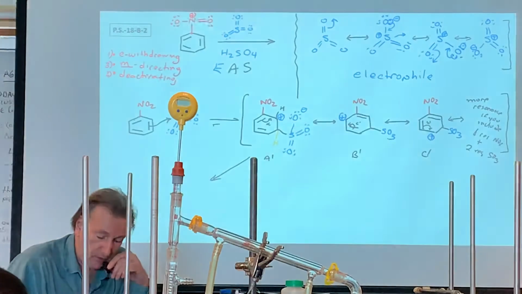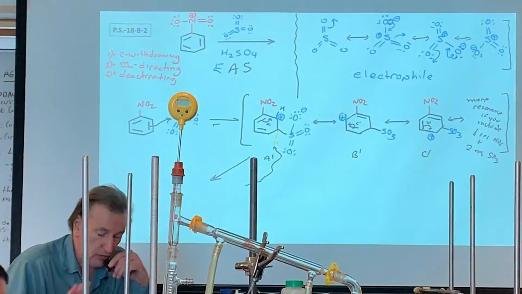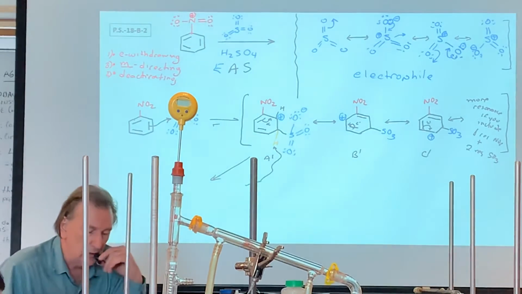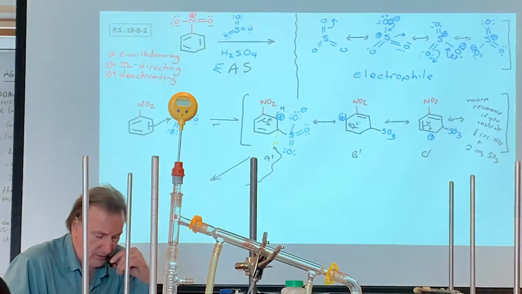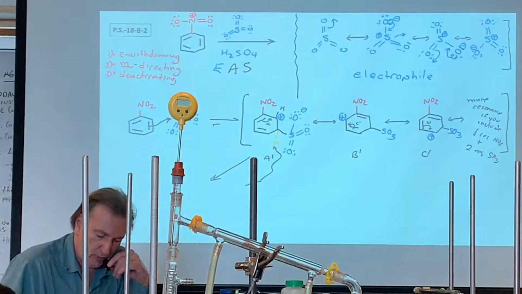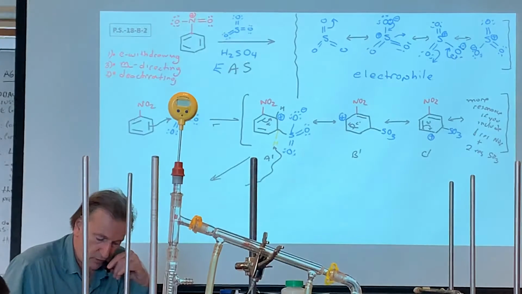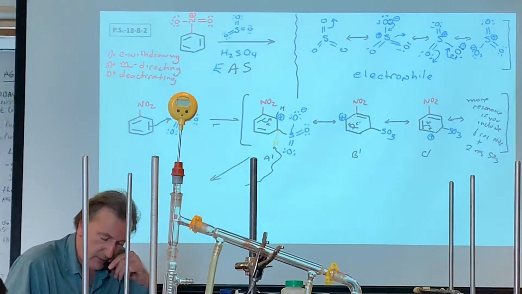Again, we need to abstract this hydrogen. Who is going to abstract it? Here, let's think about what happens also. We need to have a conjugate base, right? And the conjugate base can be one of these. There is a minus here, but also think about the following. One of these hydrogens is over here, so we can make use of sulfuric acid like this. Here would be a good place to write it. This is sulfuric acid,